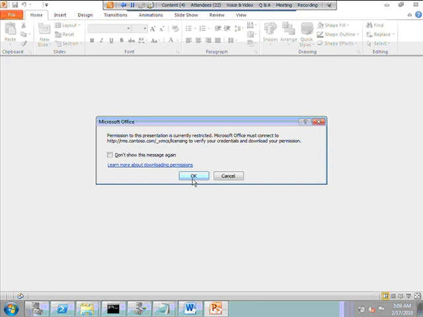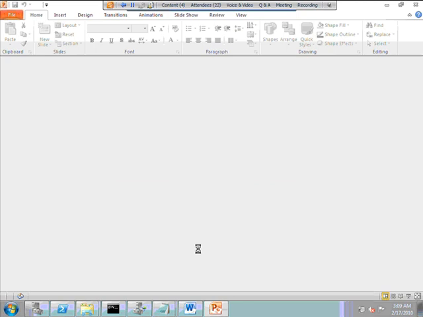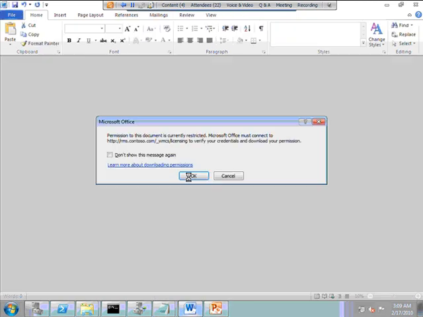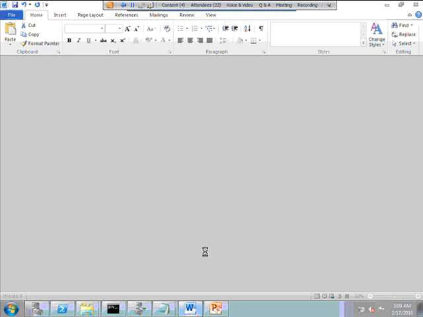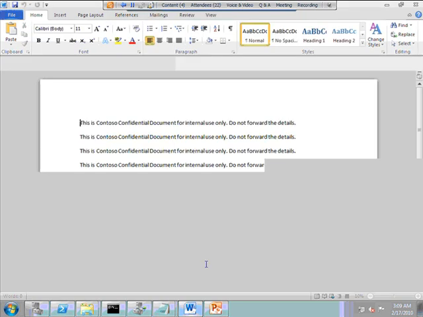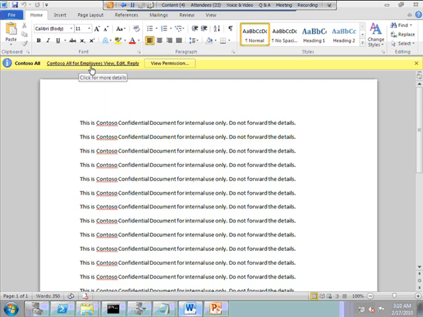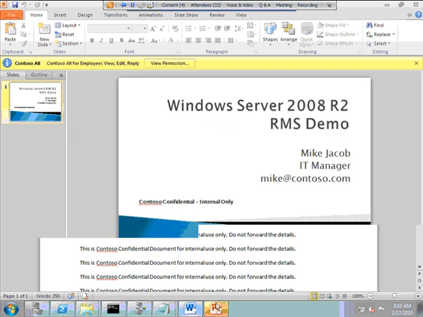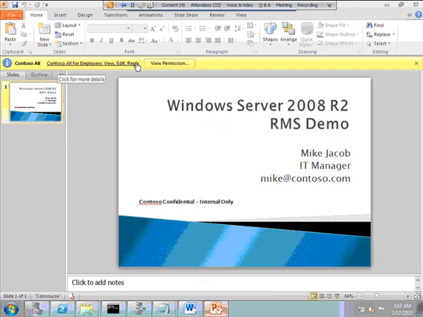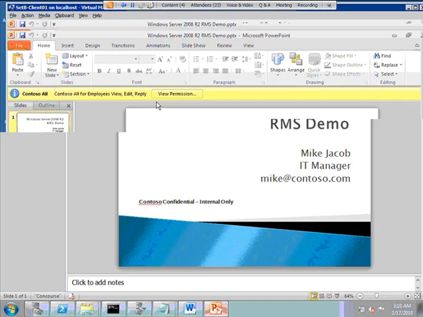Alright, now it says that the permission to this presentation is currently restricted. I'll say OK. Meanwhile, let's see the status of the Word document. It is again saying the same thing, and you will see that I have now opened the document, and I have this particular description which I have set over here: controls all for employees, view, edit, and reply only. Over here you will see that controls all for employees, and this particular description